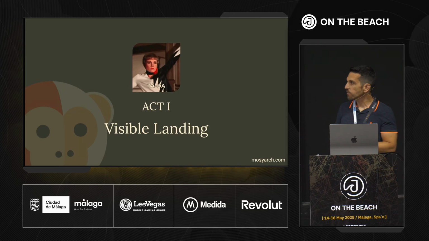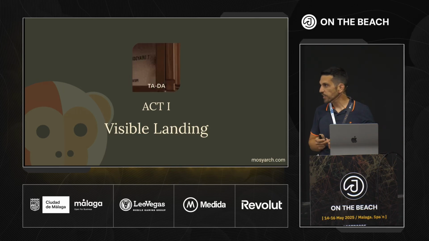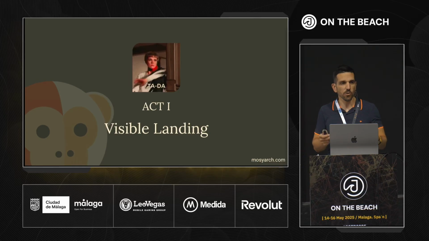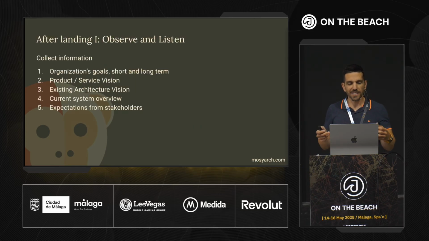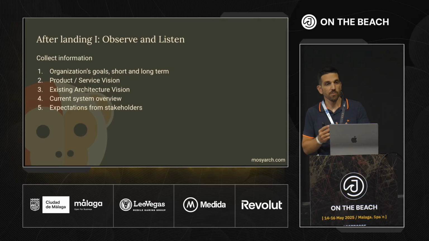In the journey of the invisible architect, a bit counterintuitively, the first thing they need to do is a visible landing. Visible landing is a set of very obvious things that yet nobody does, or not the majority of people work on. So the first thing an architect needs to do is observe and listen. It's not coming with plans and then blaming everybody for how bad the system looks or how bad the technical plans are. They sit and listen, and then they ask, they start bothering people,